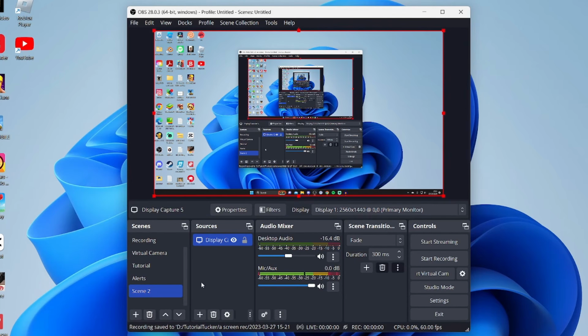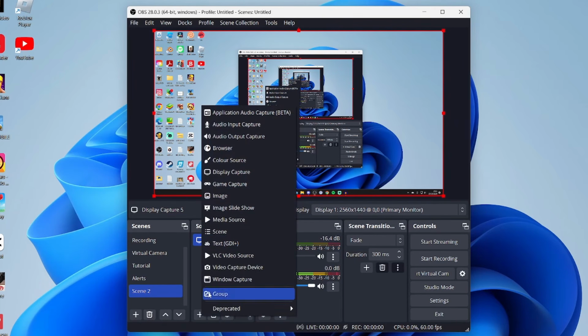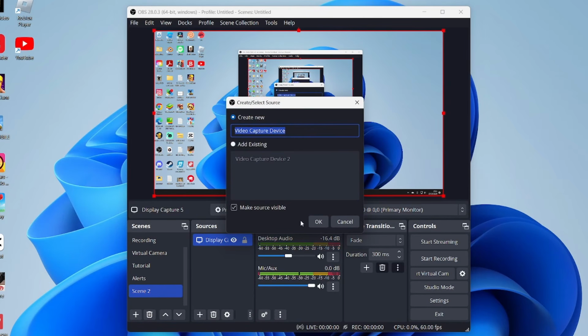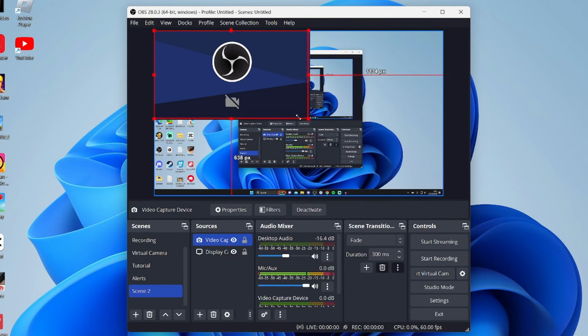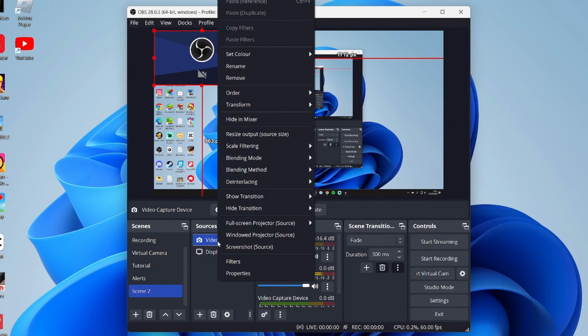And that's it, guys. You can add more sources by tapping on the plus button, and you could add, say, a webcam, which is the video capture device. Tap there, tap OK, and then you can choose a webcam. I've only got the OBS virtual camera, so it looks something like that with a webcam in the top right, but I don't want that, so right click on it